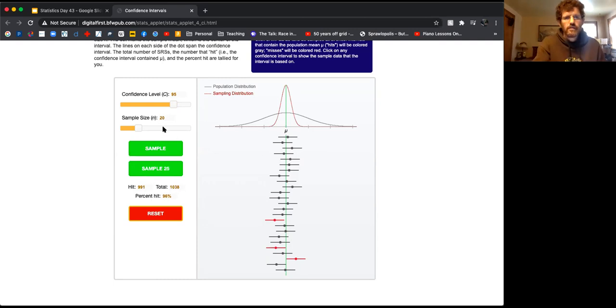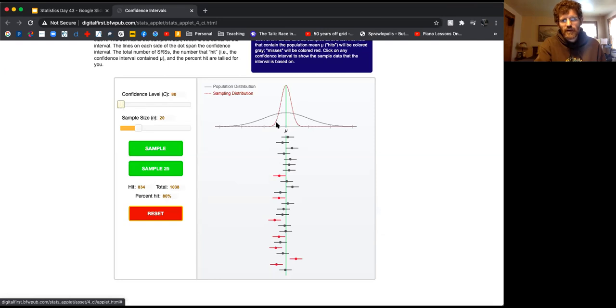Okay, so we're going to change things a little bit, and I want you to pay attention to the width of our confidence interval. What I'm going to do is change our confidence level, and I'm just going to slide this down to 80%. We're now working at the 80% confidence level, and this is a nice thing. It actually keeps track of all of the previous confidence intervals from before. We can only see 25 of them right here, but there are 1,038 it's keeping track of. And when we change our confidence level to 80%, it looks like right at 80% of them captured the true mean. We can see right here that 1, 2, 3, 4, 5, 6, 7 of these are not capturing it.